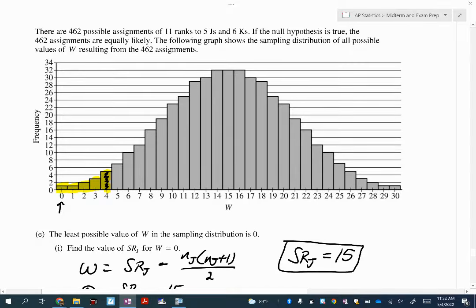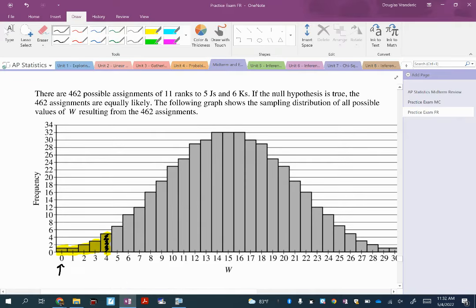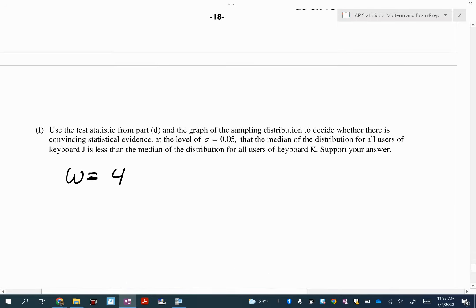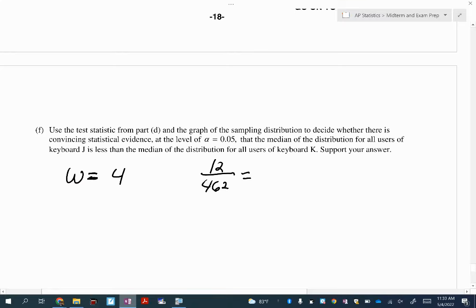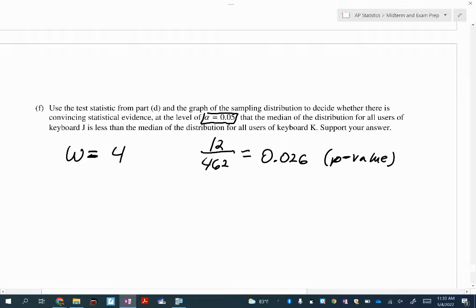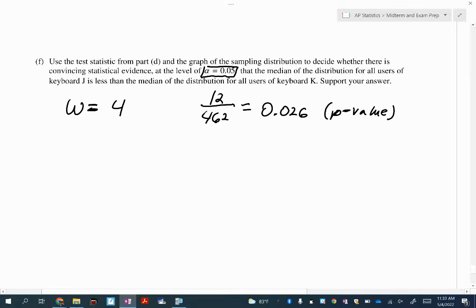Okay, so if I were to calculate this up, that has 5 from the number 4 histogram, plus 3 is 8, plus 2 is 10, and 11, and then 12. Okay, so out of 462 possible assignments, 12 of them have a test statistic of 4 or less. So essentially, I'm going to do 12 divided by 462 to get 0.026. All right, and this is what we call our p-value. Comparing that to an alpha of 0.05, you'll notice our p-value is below alpha, so we do have enough evidence